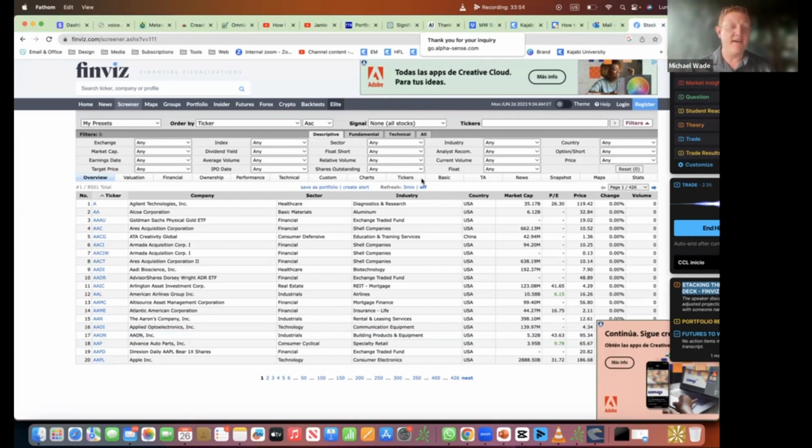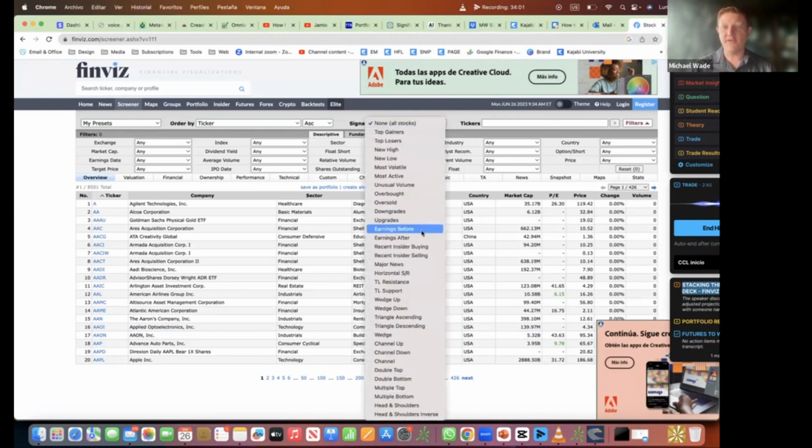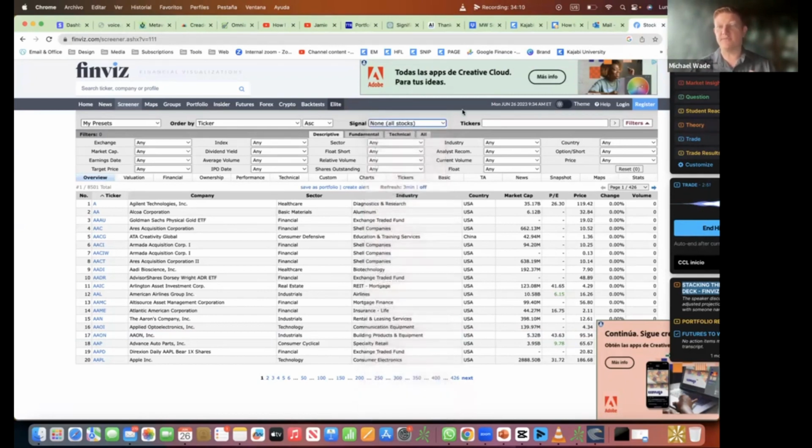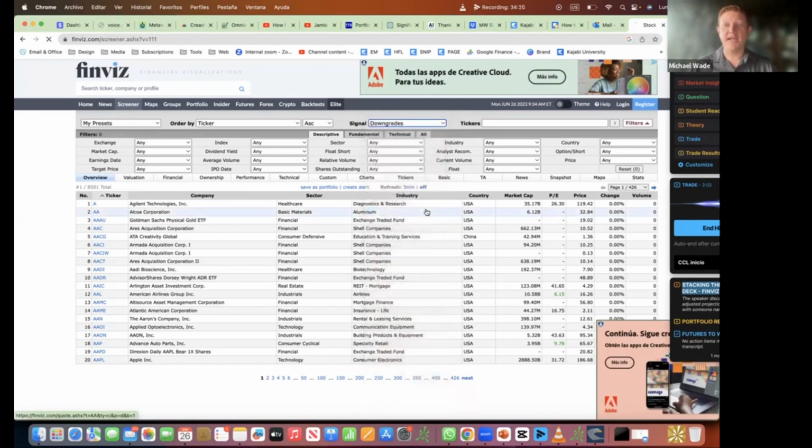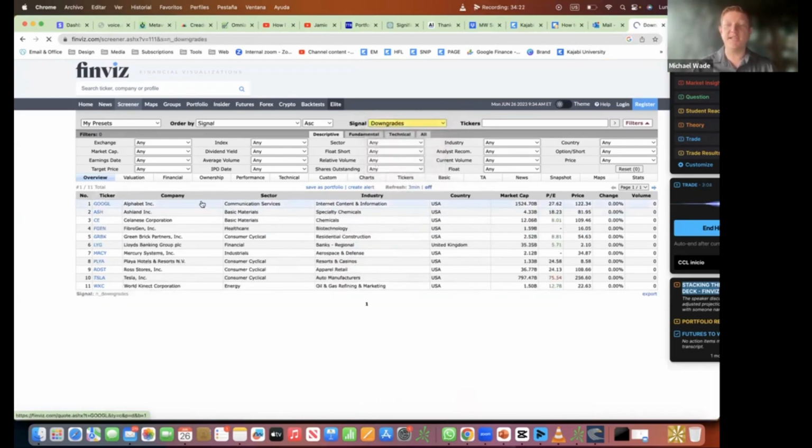One of the special things I found was this signal option here. It gives you a lot of things. Especially, I play a lot with downgrades and upgrades, because for other strategies it's really good. But also for the kind of trades you are doing right now, if you have a company with downgrades, it's pretty easy to find really